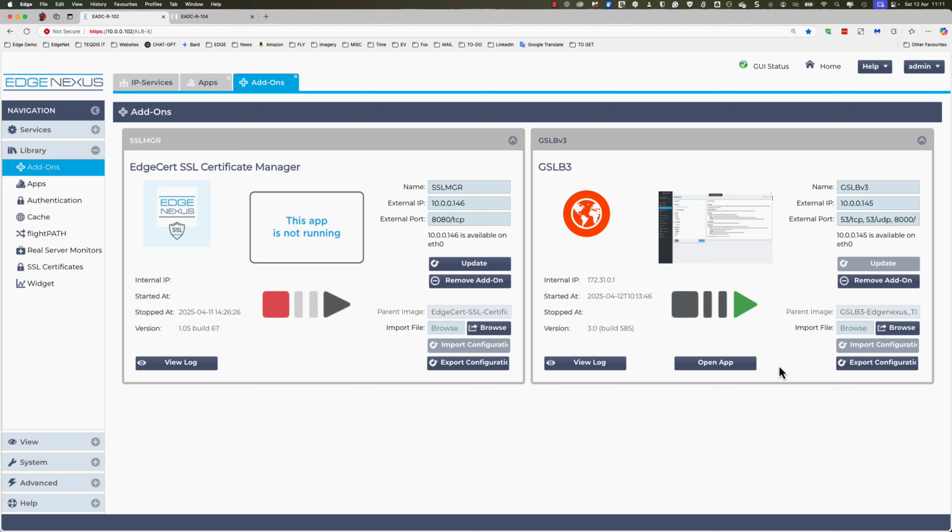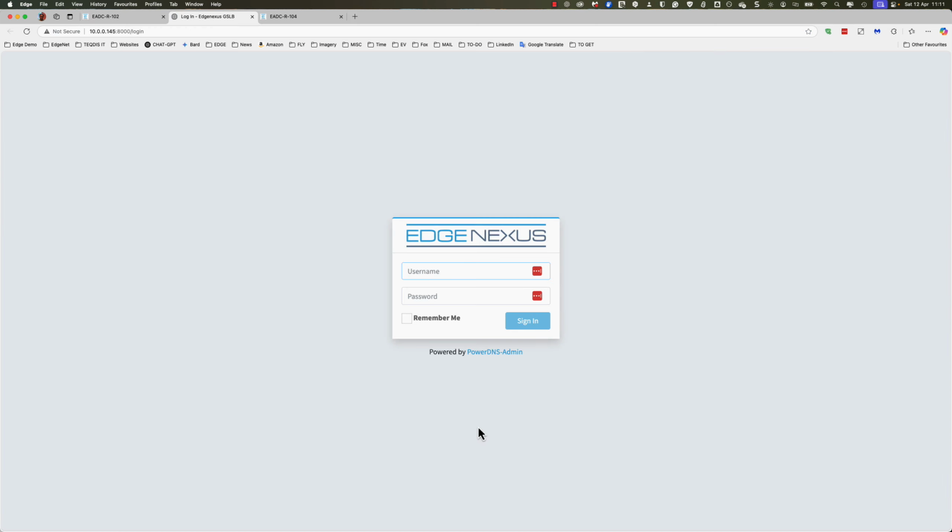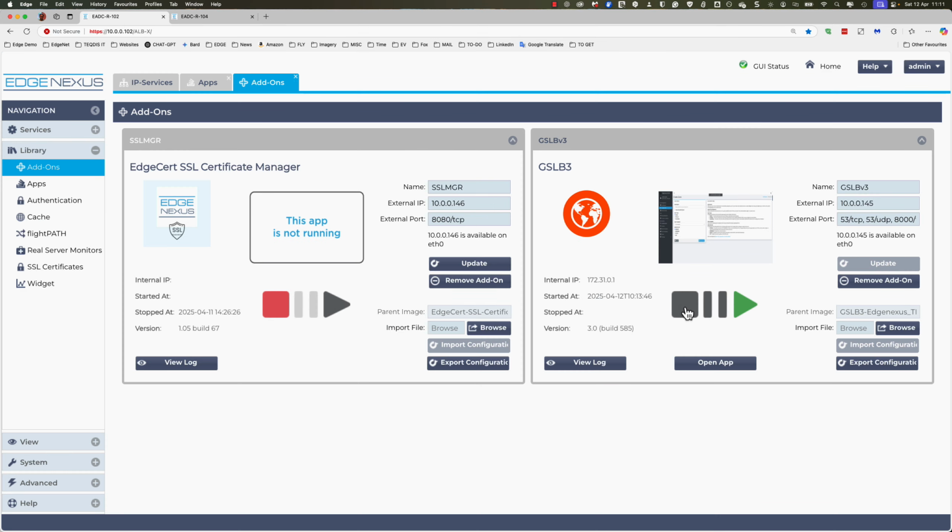In order to open the app, you simply click here, Open App, and as you can see, it's now opened up inside a separate tab. To switch off the app, you press Stop. To pause the app, you press the pause icon. It's important to provide this name because it's this name that the Edge ADC uses to refer to the app